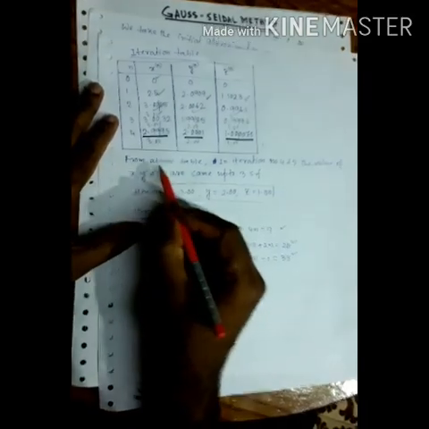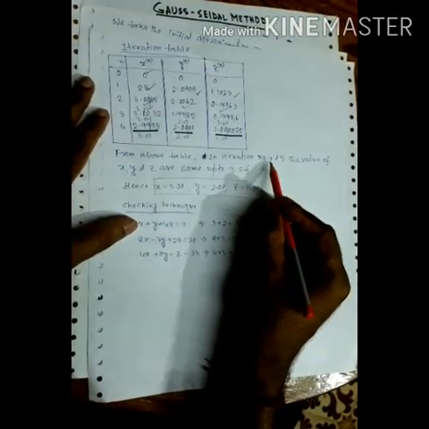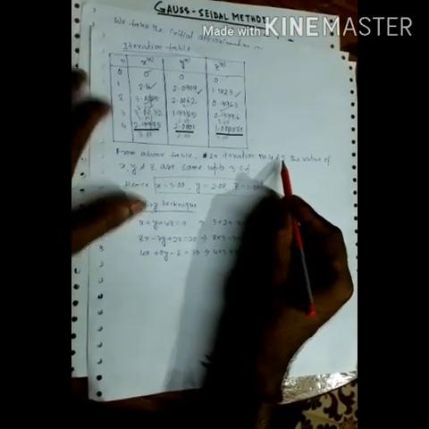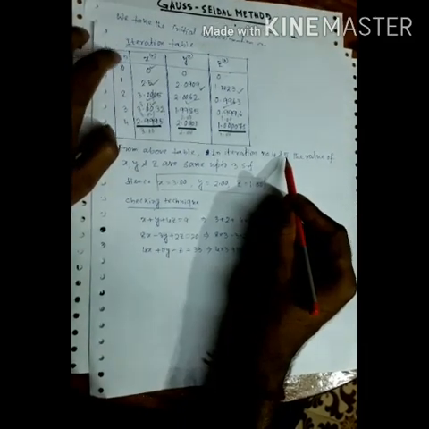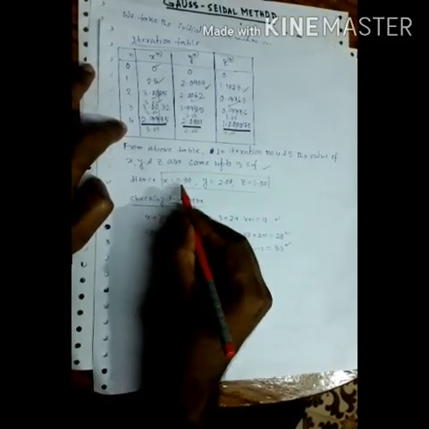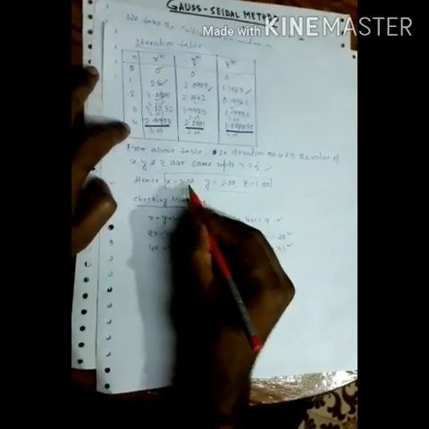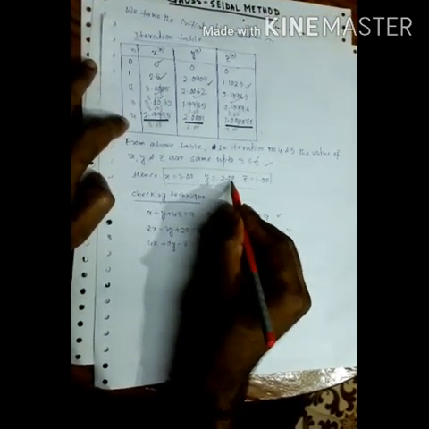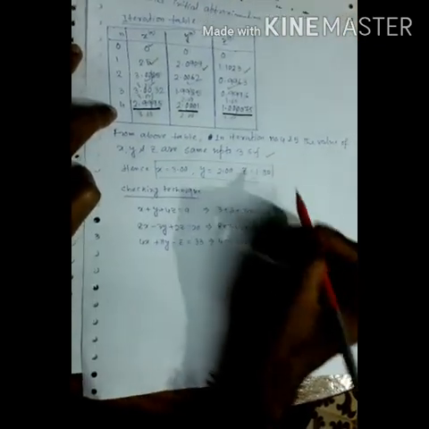I think after the iteration number 4 and 5, because not 3, because if we count starting from 0, I think this one is 4 and 5. The values of x, y, z are same up to 3 significant figures. So the solutions are x equal to 3.00, because 3 significant figures, y equal to 2.00 and z equal to 1.00.